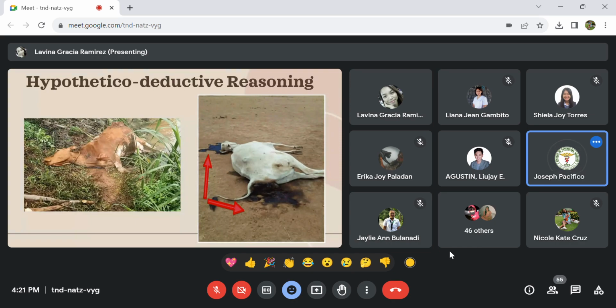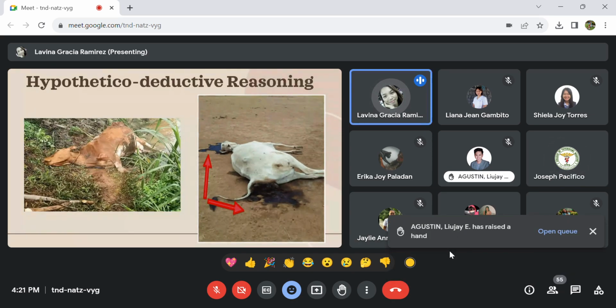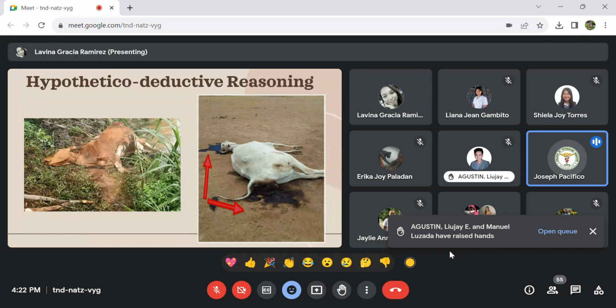Marami, Doc, eh. Sobrang dami, di ba? Okay, you will be helped by Mr. Agustin and then followed by Mr. Losada. Sige, let's hear from Mr. Pacifico muna. Sa left side kasi, Doc, based dun sa nakikita kong picture, meron siyang goat yan, Doc, di ba? Ang laki-laking cattle yung nakikita ko. Ay, sorry, Doc. Hindi ko masyado makita. Ay, cattle pala. Sorry. It's a cattle.